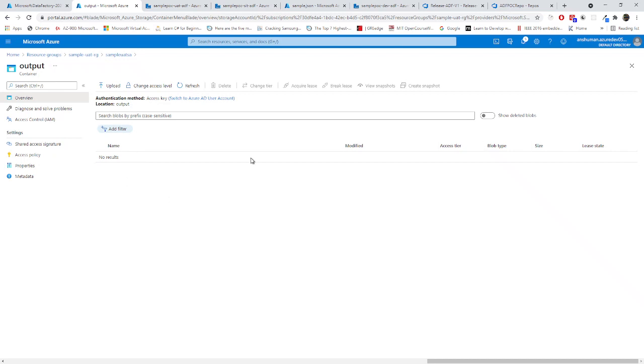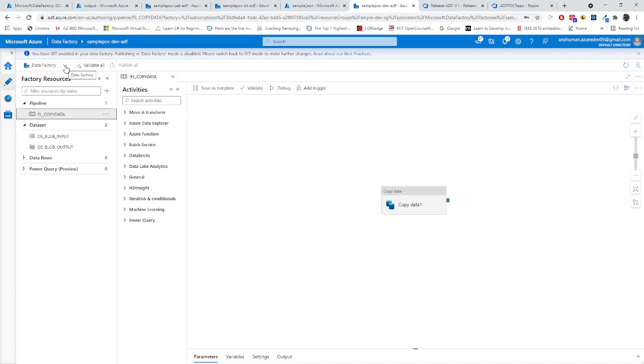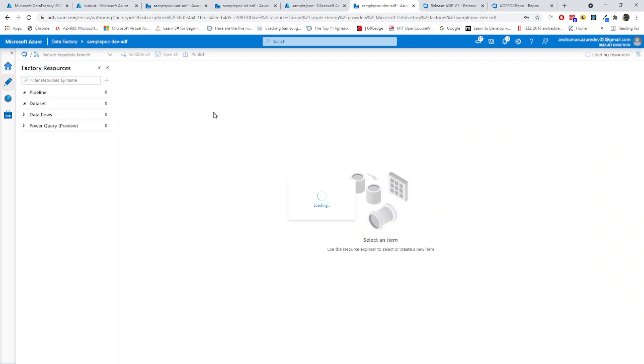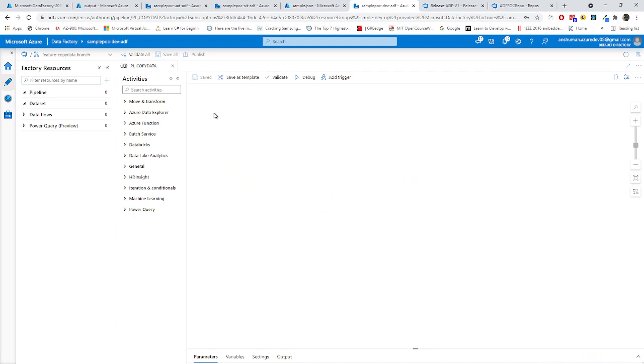If I go to my sample POC dev, this is pointing right now to the data factory. Let me quickly point to my feature branch, feature copy data branch. I have pointed it.